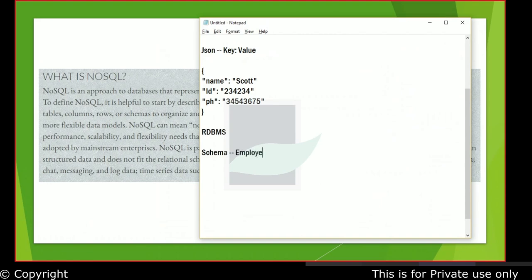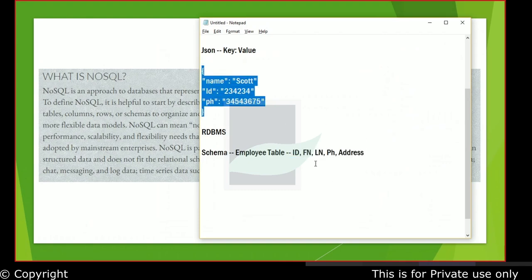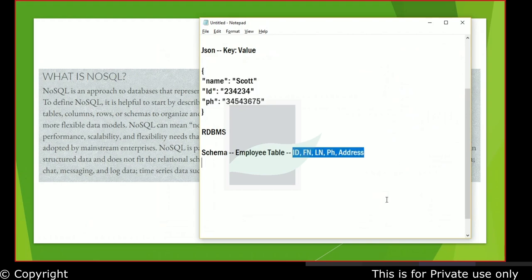Essentially, I would have an employee table, and this employee table would have an ID, first name, last name, your phone number, and different things. So you would have something like a layout, and you have to fit the data which is coming in within this layout. That is the constraint. You have to fit it, unless some of these are allowed to be null values.